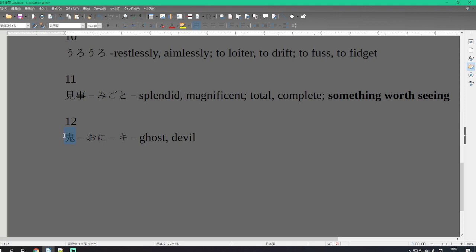And number 12 is oni, or ki, a ghost or a devil. Oni usually refers to a devil or a kind of an ogre-like figure, especially in Japanese lore and video games and such. It can also mean ghost, but usually this means devil in my personal